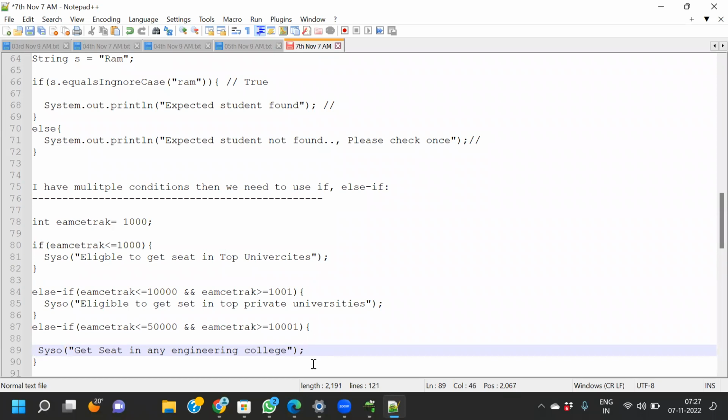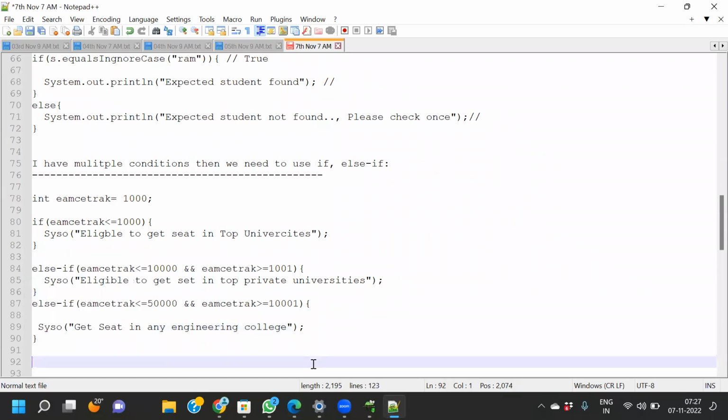Okay, sir. Any engineering college. Else, finally, else. If no statement is met,